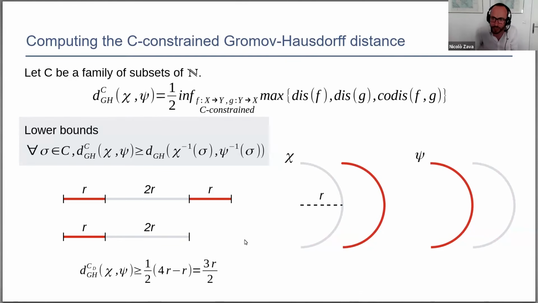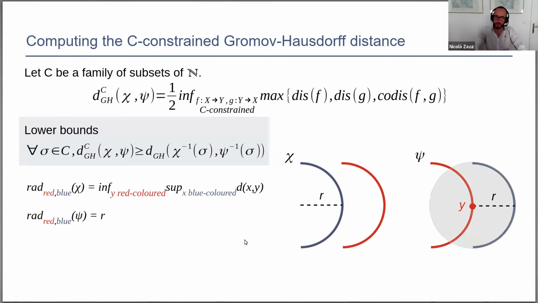If you consider only the red parts, again, no help. So we need to construct some invariants that capture the relationship between the two colors. So let's consider the following: the circumradius, red, blue. The notation is a bit heavy, but in a nutshell, what I'm doing is looking for the best